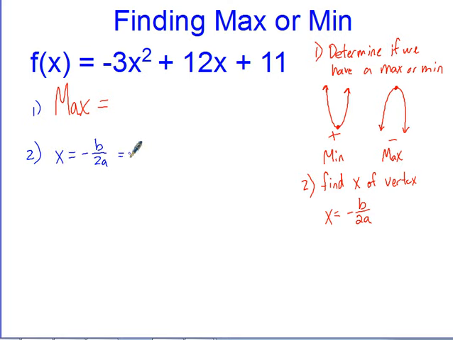In our case, it would be a negative what? 12 over 2 times negative 3. Okay, now do the math. Negative 12 over negative 6, which is 2. So does everybody agree that x is equal to 2? So my x of the vertex is equal to 2. Step 3,